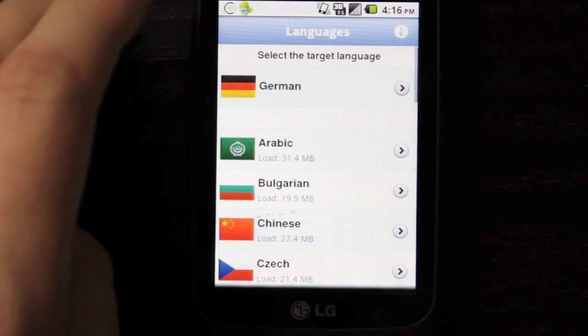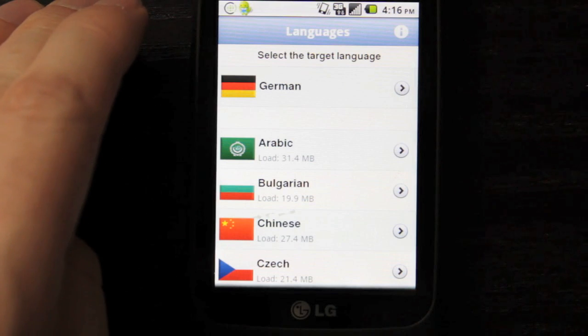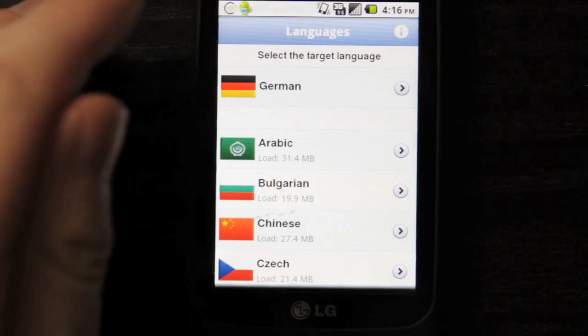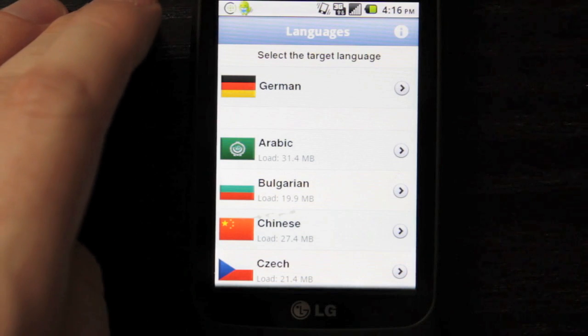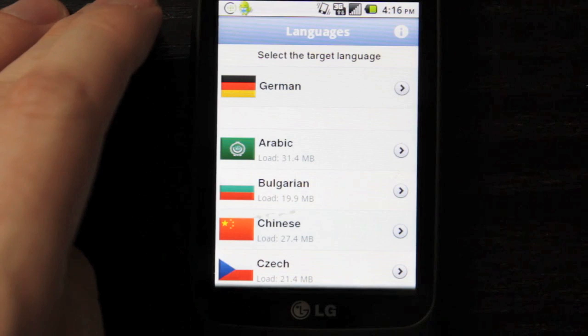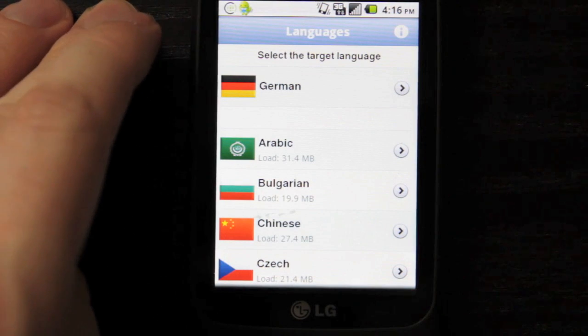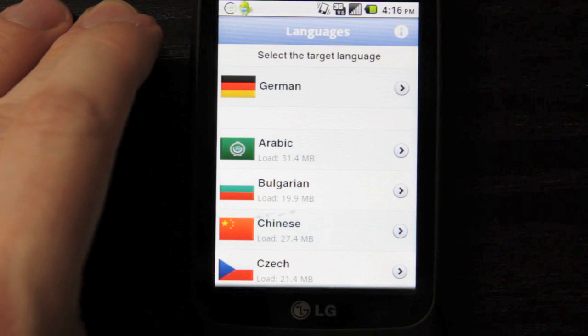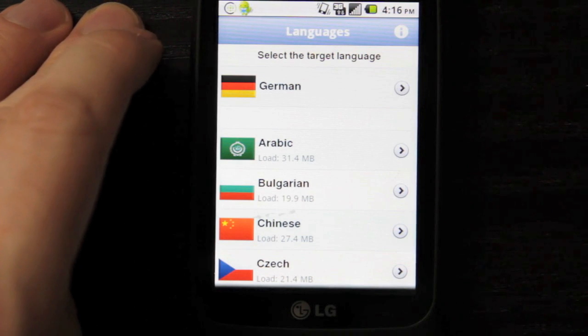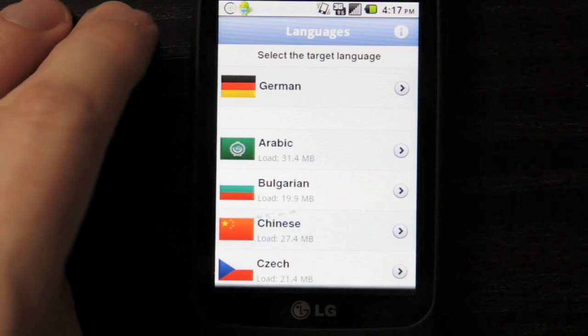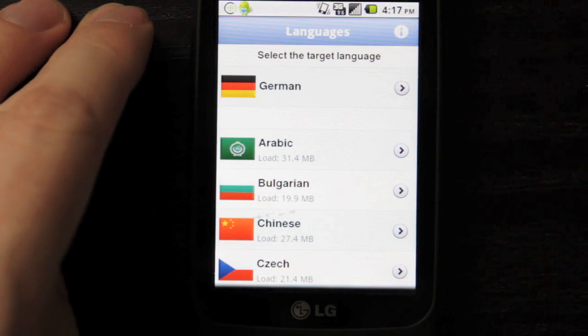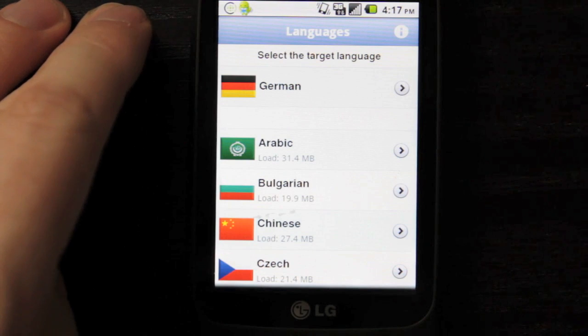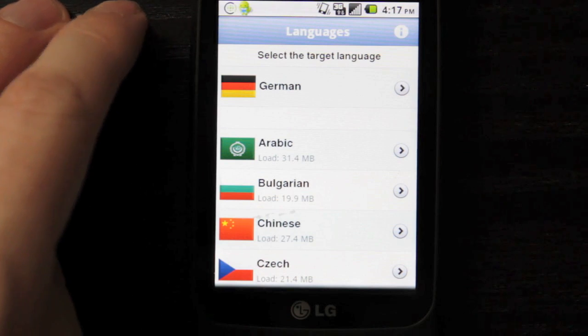But as you can see, it's a very useful app for learning languages for travel or wherever it may be. If you go out of the country on business or for vacation or anything like that, obviously there's a massive language barrier with anyone who doesn't know English, and if you don't know their language, it allows you to learn that and to be able to get through your vacation and find everything you need to find with the help of the